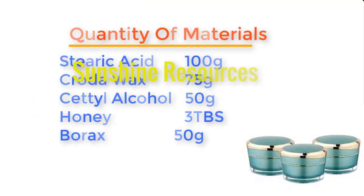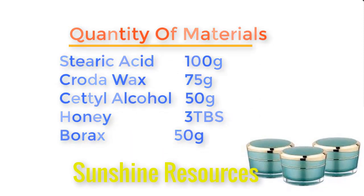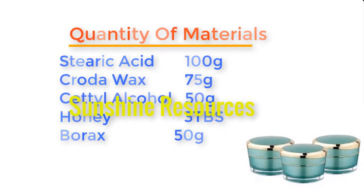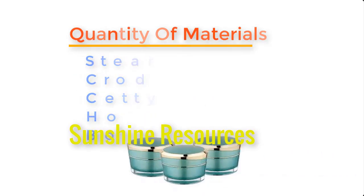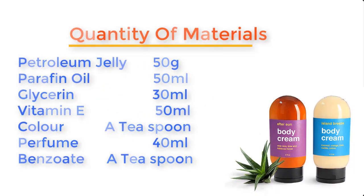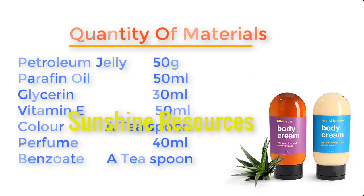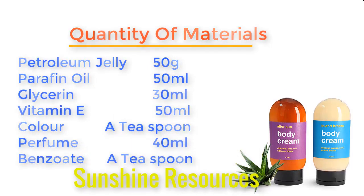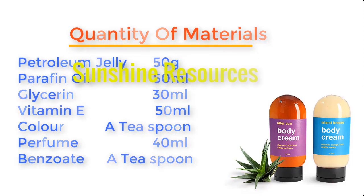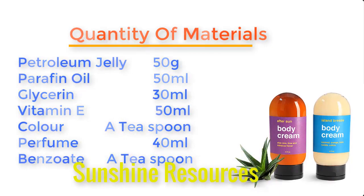Stearic acid 100 gram, crude wax 75 gram, cetyl alcohol 50 gram, honey 3 tablespoons, borax 50 gram, petroleum jelly 50 gram, paraffin oil 50 ml, glycerin 30 ml, vitamin E 50 ml, color a teaspoon, perfume 40 ml, and sodium benzoate a teaspoon. Now let me show you the materials one by one and then we go into the